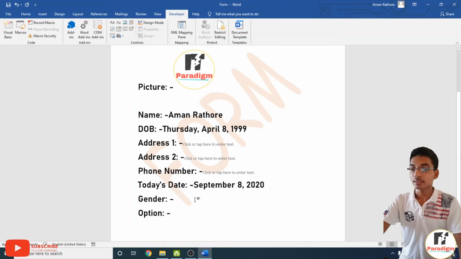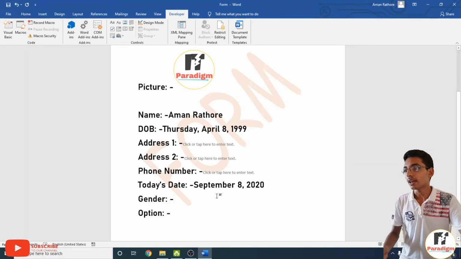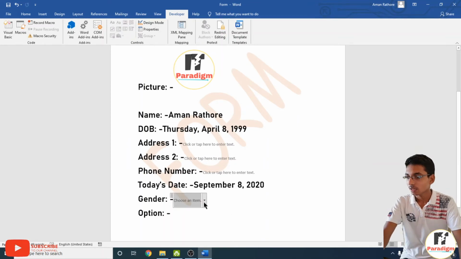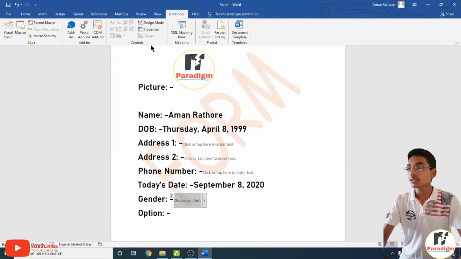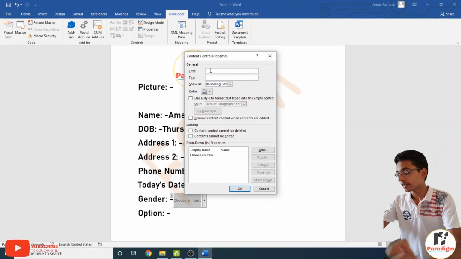Now for gender we have two options. How can we give a list of 2 things or 3 things? Here we have the option, combo box content control. It is here. Now it says choose an item. How to give a list here? So we have to go to properties. Now here we get the title. We can give the title gender,